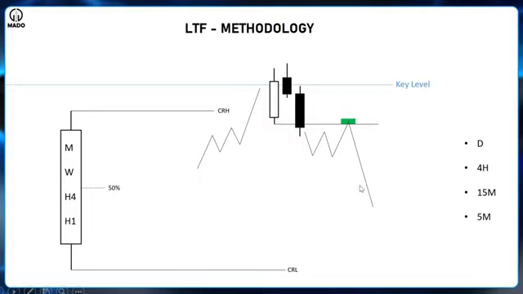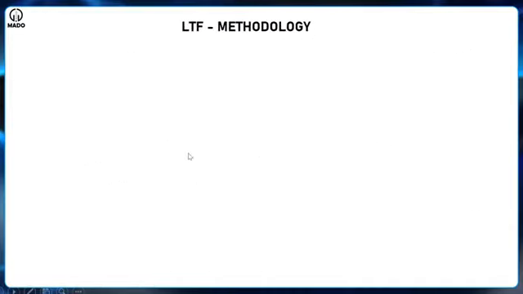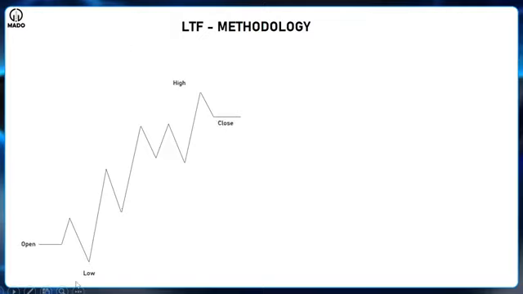Okay, now what you're seeing here is a clean graphical representation of the lower time frame methodology, just to make sure the concept stays crystal clear before we jump back to the live chart. So this is our first candle. You can see it's open, low, high, and close. From this candle, we identify the first candle's high and low, and this essentially becomes our reference range on the lower time frame. Once this is set, our job is to wait patiently for the next candle to step in